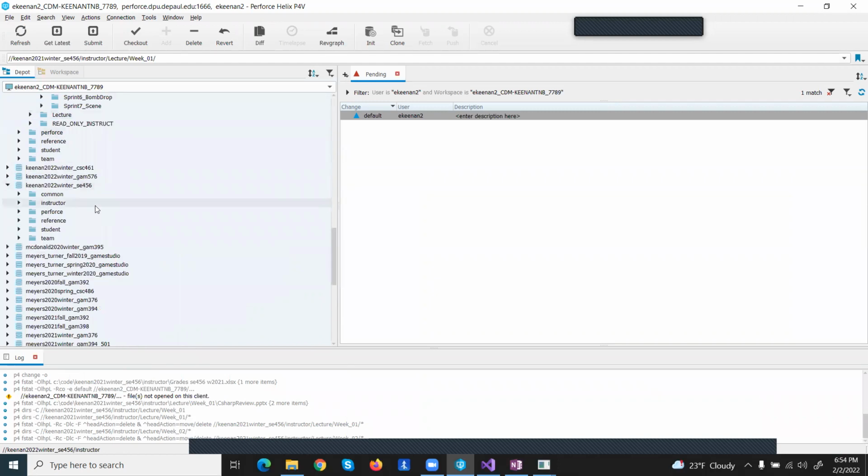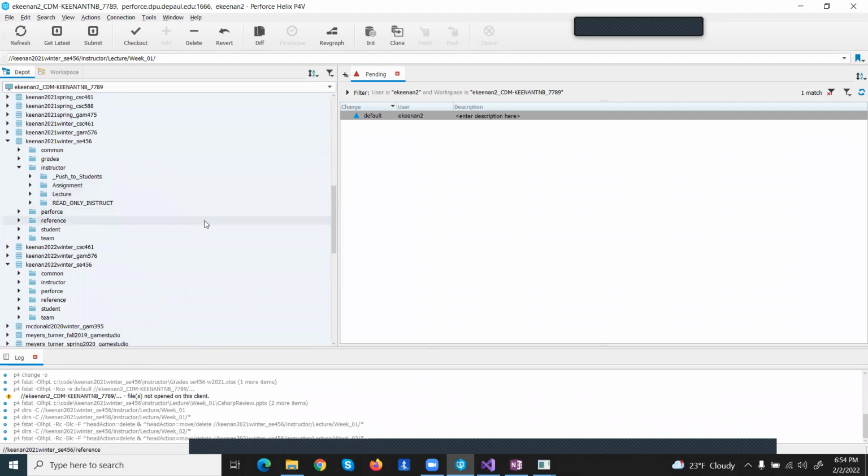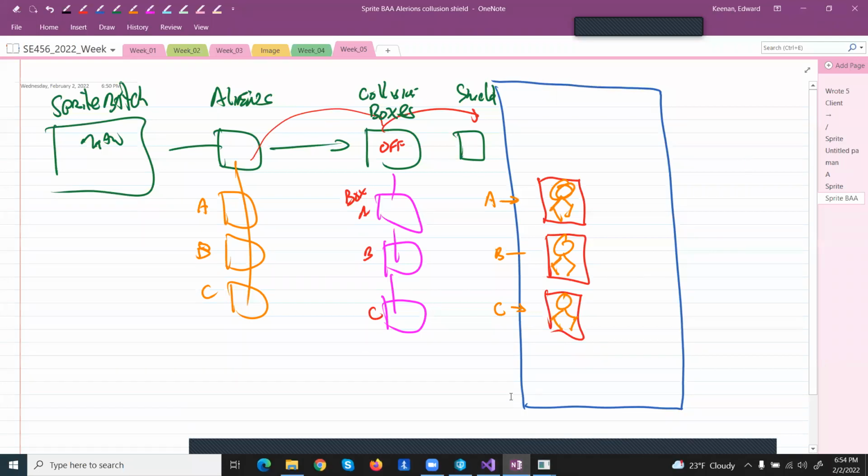Anyway, I'll demonstrate it again next week. But basically, you toggle the boxes on and off, and you can do that by doing the collection. And when you start looking at the game, there's going to be thousands and thousands of